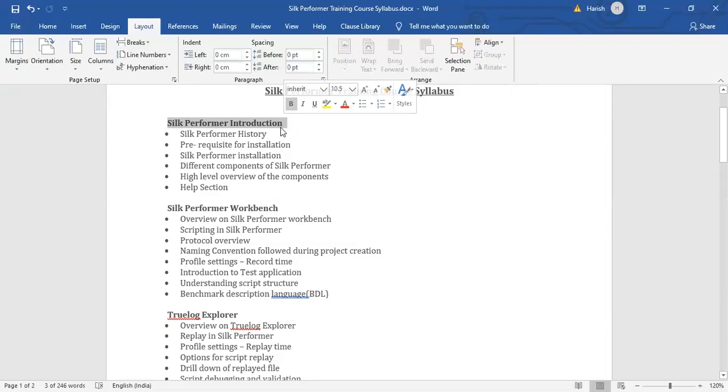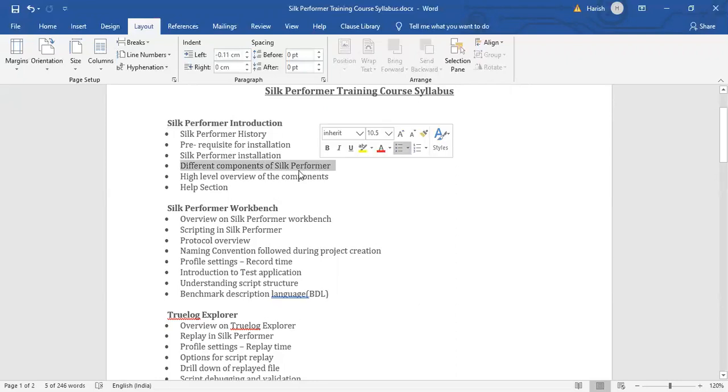I will show you how and from where exactly you can get the latest Silk Performer software, and how step-by-step installation can be done easily. After that, once the installation has been done, we'll see the various components offered by Silk Performer, which come in the Silk Performer package.